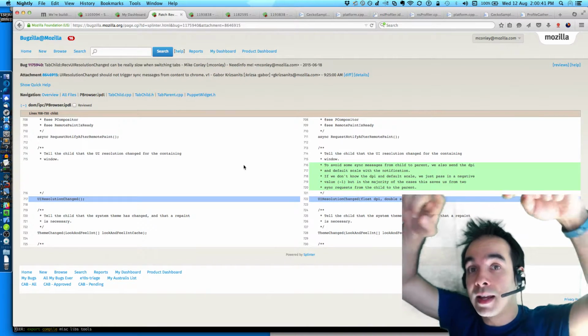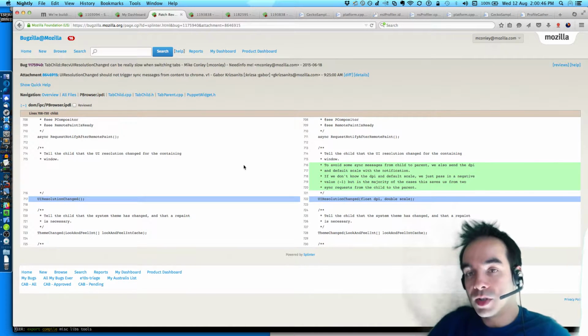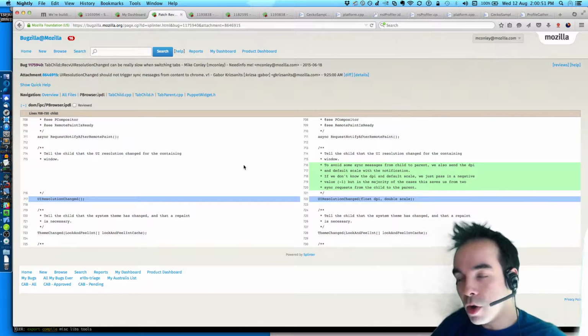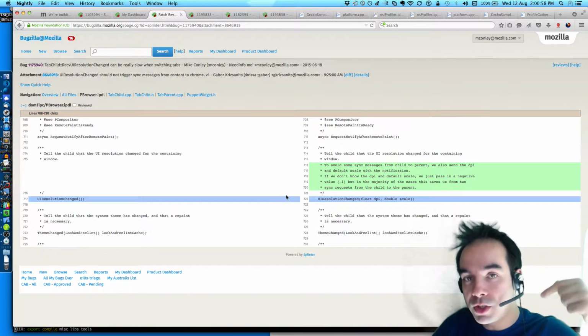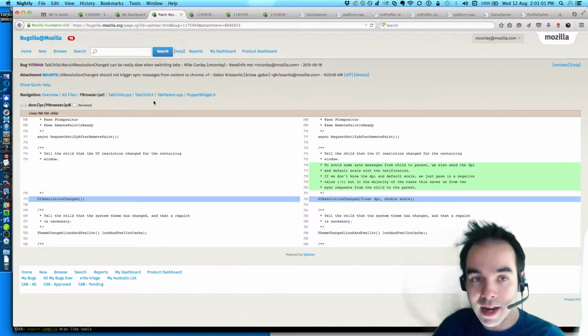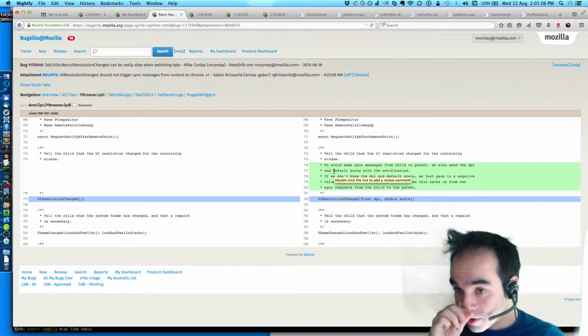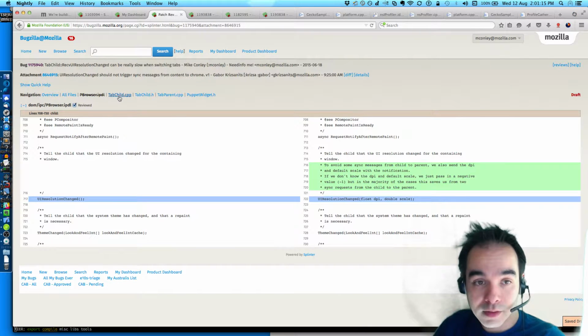Because what was happening was the parent was saying UI resolution was changed to all of these remote browsers, and all of them were synchronously asking the parent, well, what's my DPI now? Which is bad, you don't want to cause a sync message to occur immediately. We could have told the child in that first message without it having to ask. So here's the information he's trying to supply. We also send the DPI and default scale with the notification. If we don't know the DPI and default scale, we just pass in a negative value, but in the majority of cases, this saves us from 2 sync requests from the child to the parent. That's good.